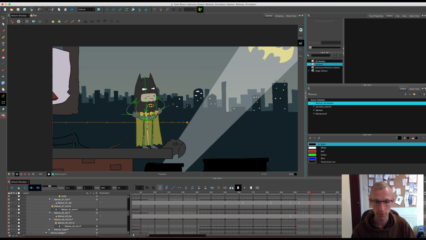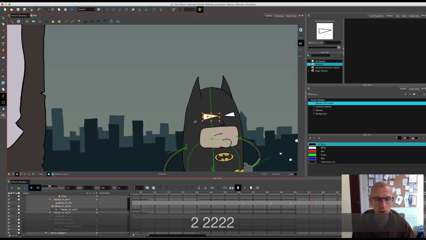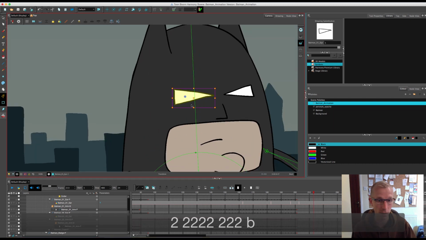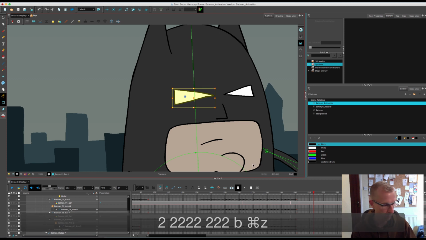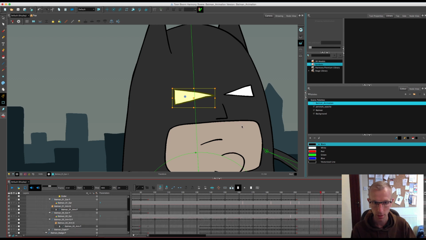Okay, so I'm going to have Batman squinting. So again, I'm just going to select the eyes, and it's quite simple with these ones. I'll just select that, go up to the peg, and just first of all click on F6 to make sure that it's got a peg. And I'm going to do a nice slow squint. So he's just going to close his eyes a little bit, and